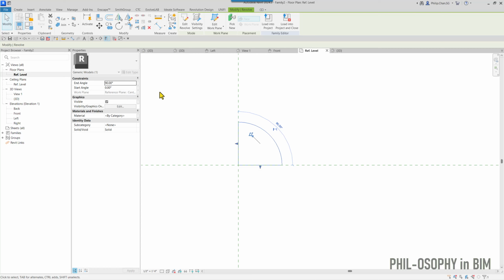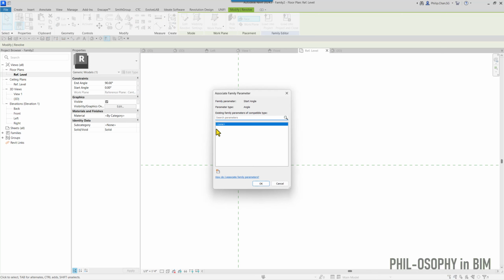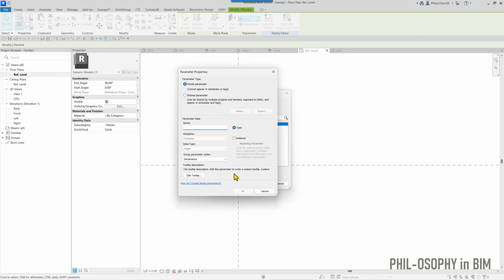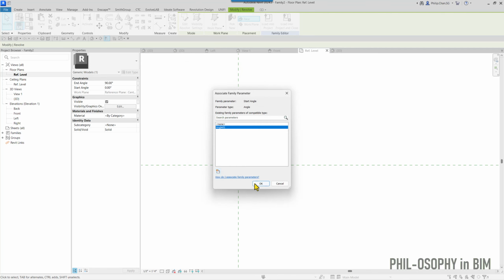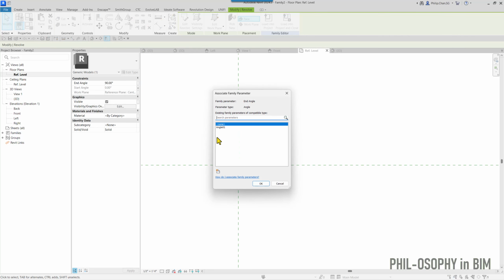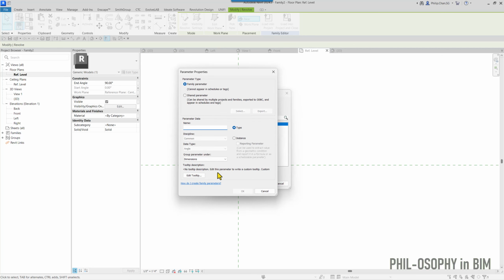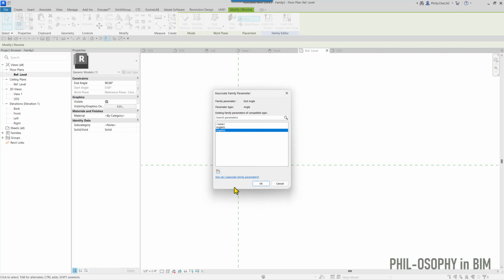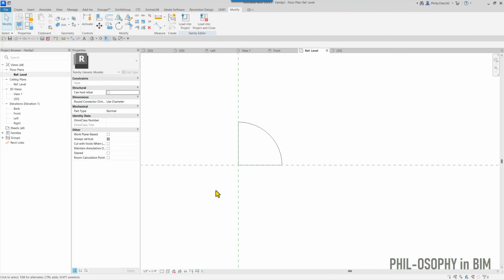value to become parameter. Okay, so what I'm going to do, I'm going to start with the start angle here. I'm going to make a new parameter called angle 01. I'll make it an instance and hit OK and OK. Then I'm going to go back to this one here. Also make a new parameter called angle 02. Also as instance. And hit OK. Okay, so now